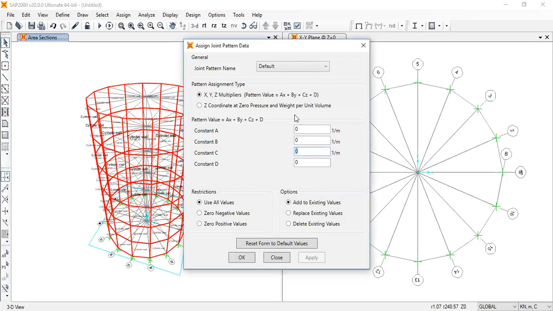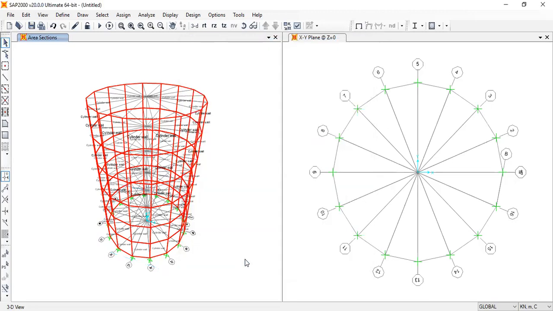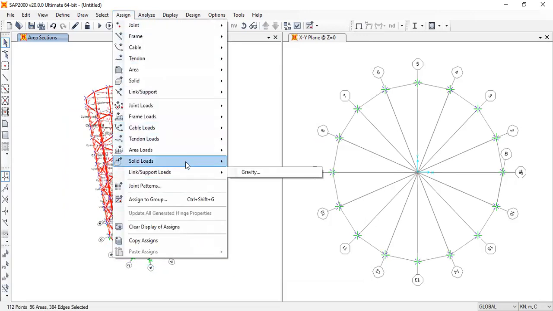So this is constant. C constant is minus 10 z, right? That's going to be minus 10. Constant is 60, right? Okay, so I'll apply that. So it's still not added as a value. So then I will select all of these area elements and assign